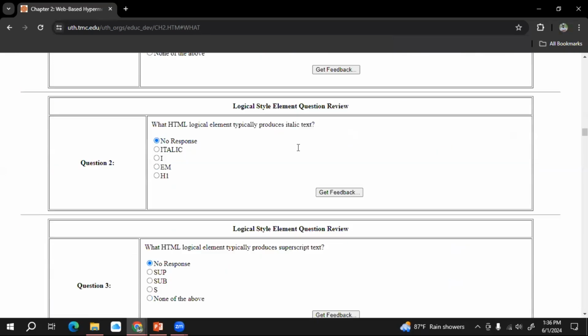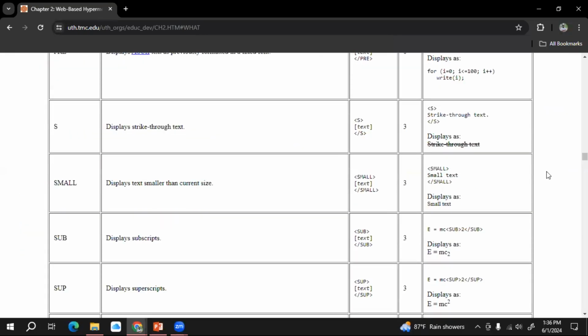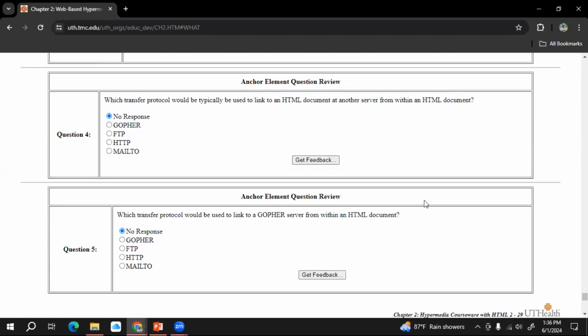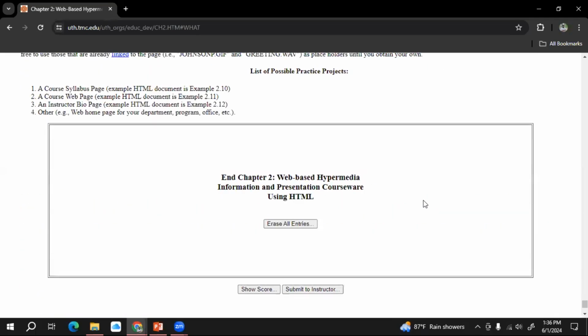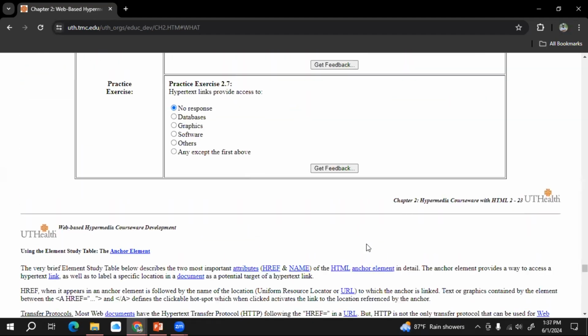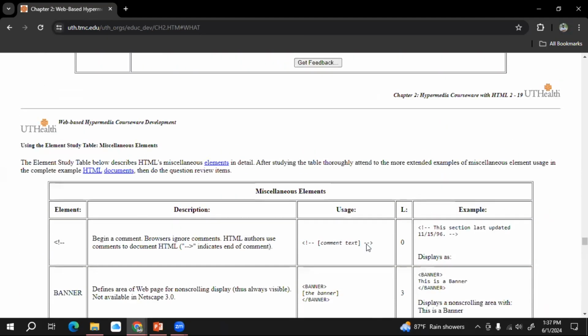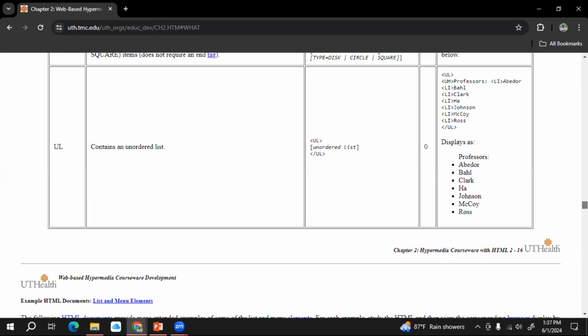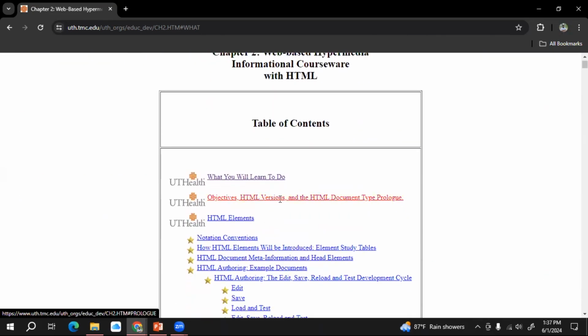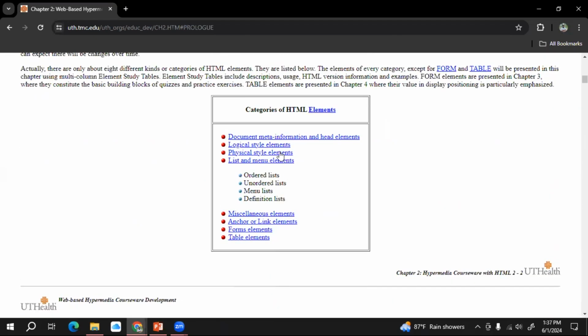When I scroll down more, at the end of this page, it has a way to erase all entries, show scores, and submit to the instructor, right?